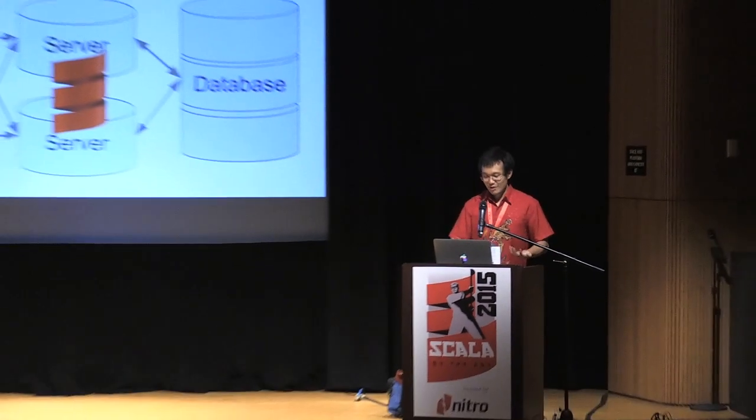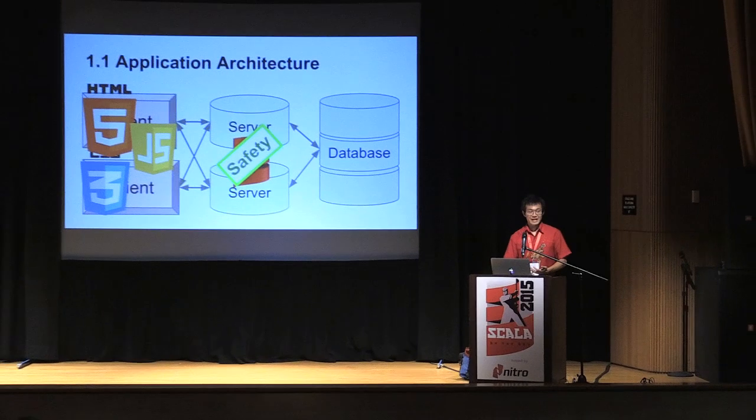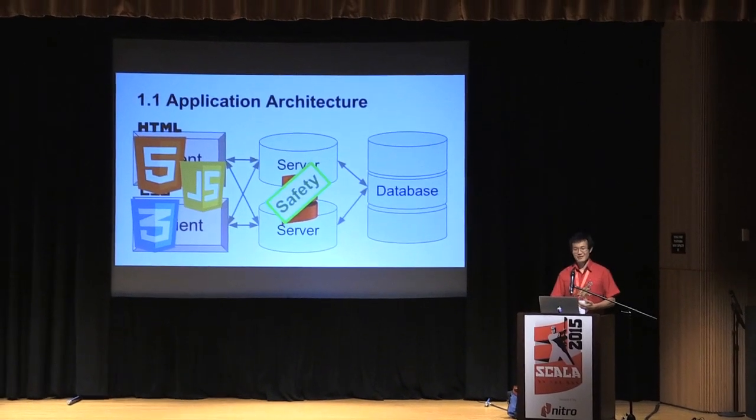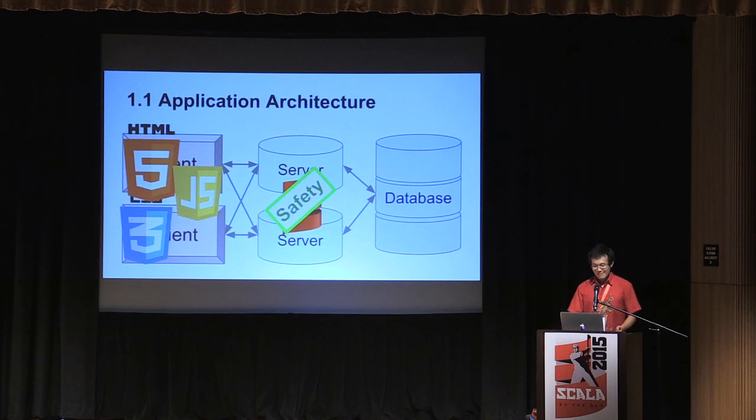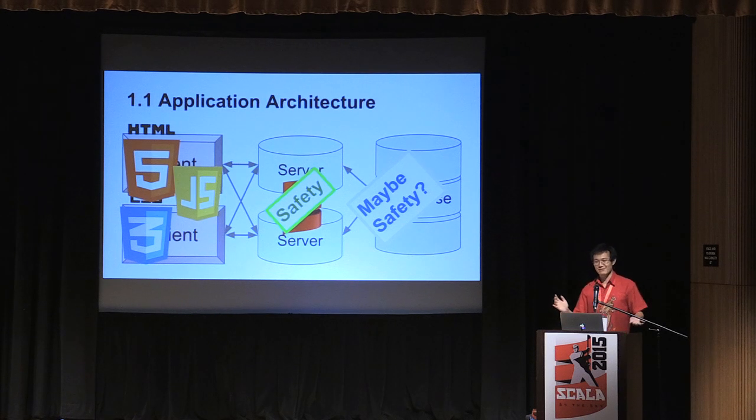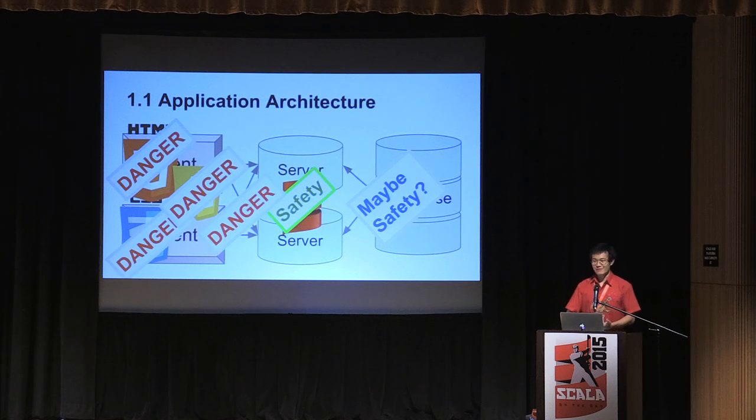And the problem comes when you actually want to make changes to your system. So maybe your server is written in Scala, it's using Scala Z, very safe, reactive, back pressure, all these nice things. And that's great. But when the time comes, and maybe your database is fine, so maybe it's MongoDB, maybe it's Postgres, some are more safe than others, but everyone's safe, kind of. When the time comes that you want to work on the front-end code, suddenly it's not so safe anymore.